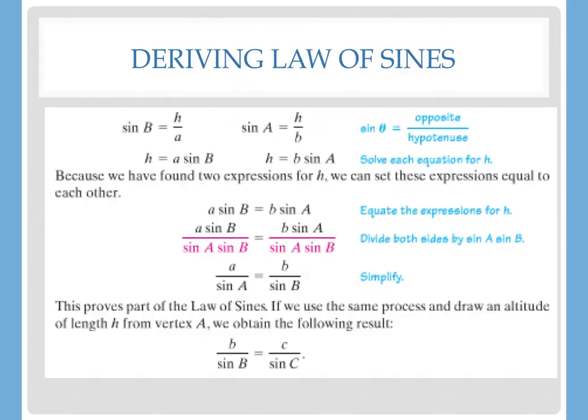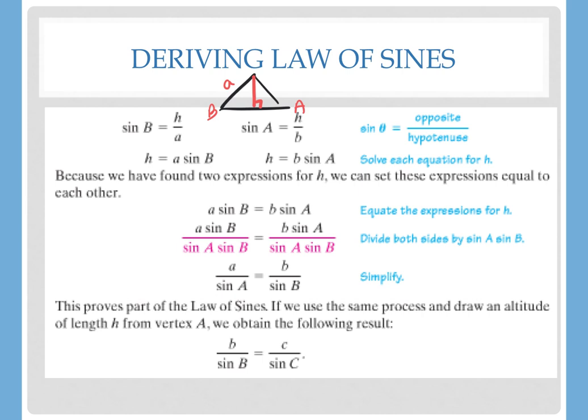This is just where the law of sines comes from. I will never test you on this, but if the question is how does it happen, if I took my oblique triangle and drew the height of it, now I've made it into two right triangles, and I can set up the ratio of the sides based on that. If I use the height for one side, let's say B is here, I could say the sine of B is the height over A, and if this angle is A, the sine of A would equal